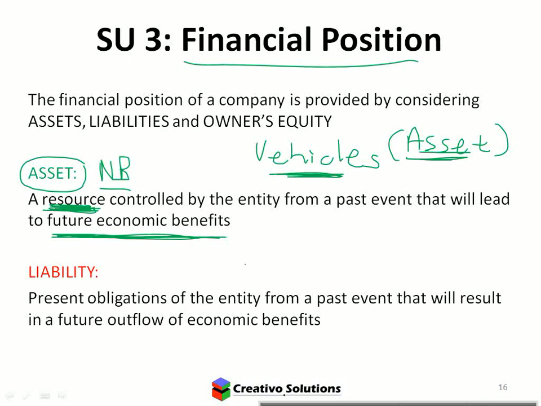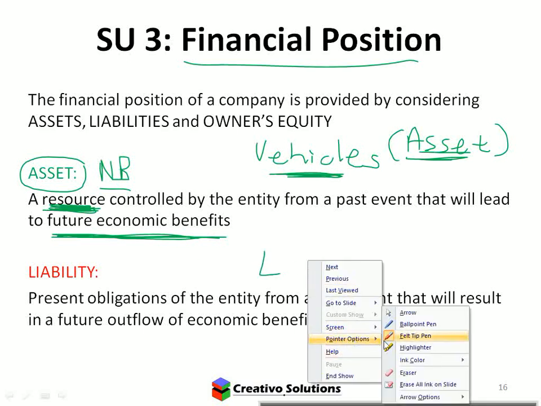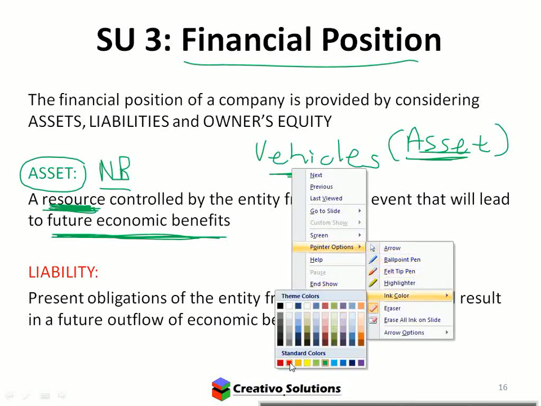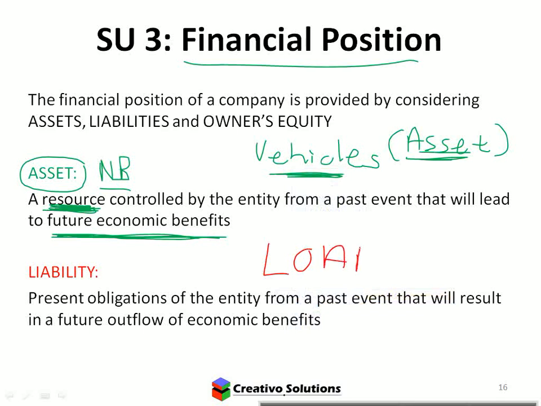Let's talk about the loan that you mentioned. Let's just change the color quick to red. So is a loan a resource? No. A loan is a liability. So here's the definition. What makes a liability a liability? It's this keyword. You can read the whole definition. Present obligation giving rise to future outflow of benefits. The key word that I would highlight is the word obligation. That's what differentiates an asset from a liability. So is there an obligation if you have a loan? Yes, you have to pay it back.